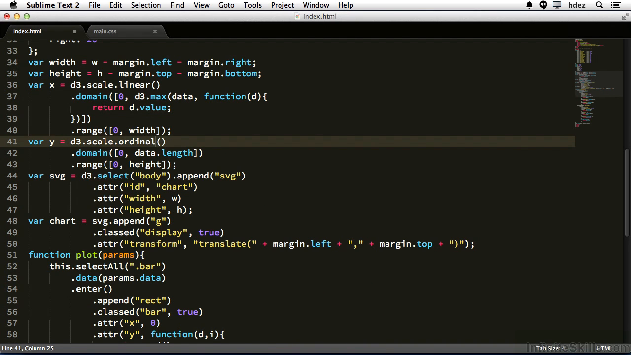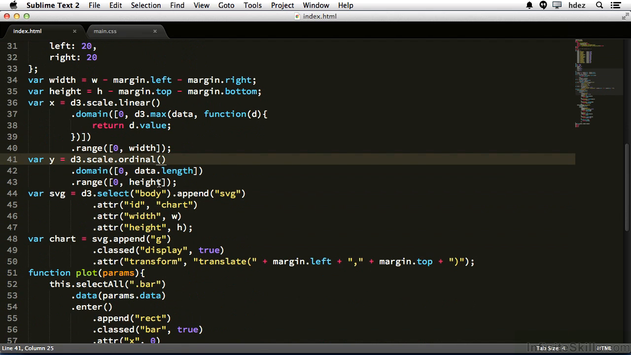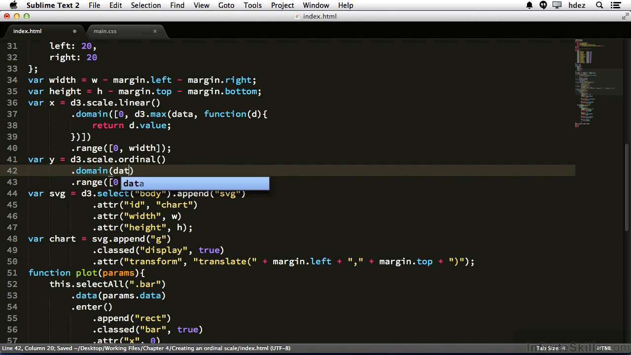d3.scale.ordinal. And now we'll need to have a domain that consists of distinct values. So now we're just saying a low value and a high value. When you use an ordinal scale, you have to have distinct values. We want to use the keys, and so to do that, we'll use a map function to extract the keys into a new array. So at line 42, we're just going to blank out the array, and then type data.map,